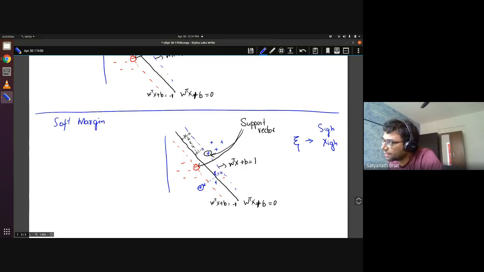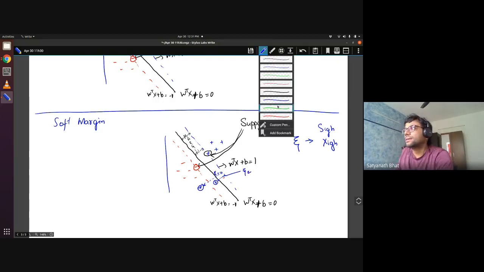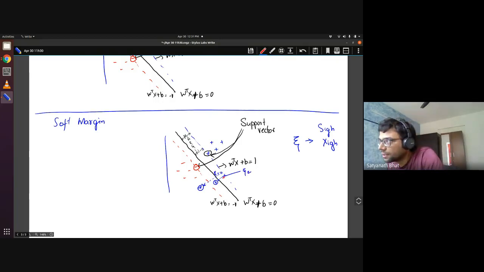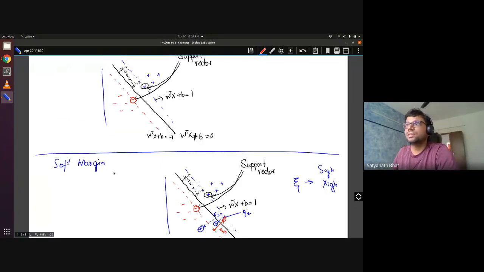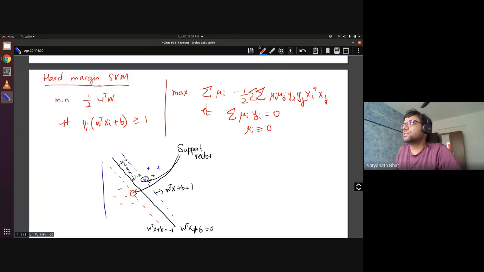Similarly, I can have this point, which is Xi2. And the third point here, this should have been all the way here, so there is a Xi3. All these 3 numbers are positive. So what we are saying is there is a violation that is happening. It shouldn't have happened, but it is happening. So we are giving some tolerance. What we had in the original SVM was this, just to emphasize that it is not too far.